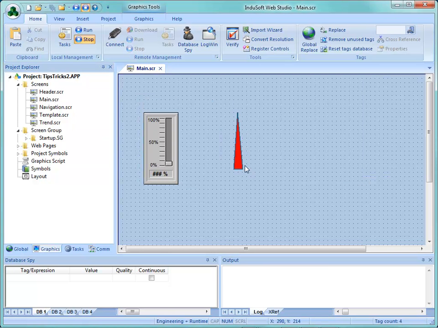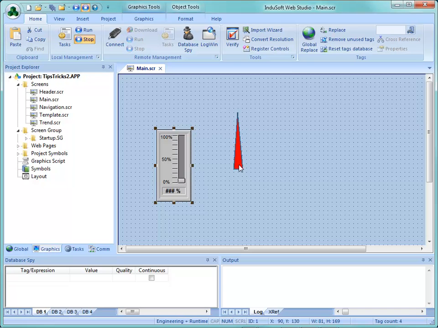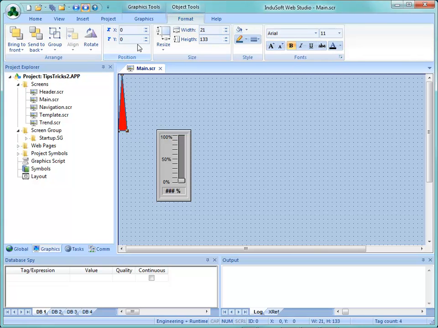What we can do is we can use this status bar down here that shows, when you don't have an object selected, your current cursor position. So what we can do is use that to our advantage, and we can put this object up in the upper left hand corner. You can again kind of picture a bounding box around there. In fact, if we go to format, you can see that we're tucked all the way up in the upper left hand corner, which is 0, 0, and the width of this is 21, and the height of this is